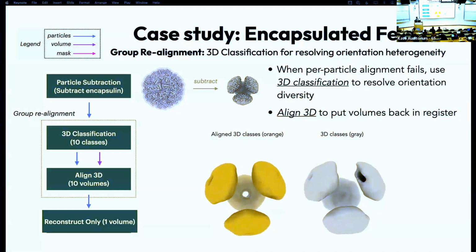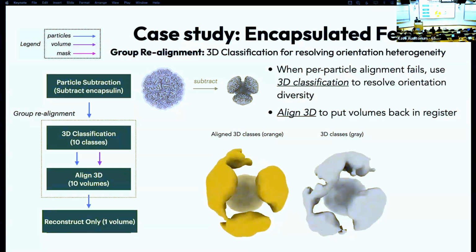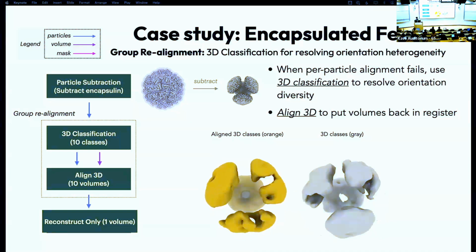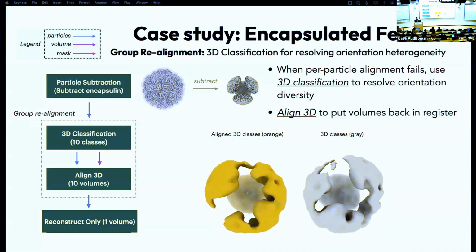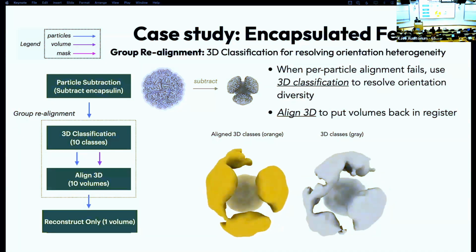And so here I'm showing the volume series of the classes that came out of 3D classification. Those are shown in gray on the right side. We'll just replay that as well. Looking at this volume series, we can see that the volumes are not in total alignment. Especially towards the end here, the tetrahedron is kind of jiggling around quite a bit. And using 3D classification, it spent quite a bit of its capacity in finding similar volumes oriented slightly differently relative